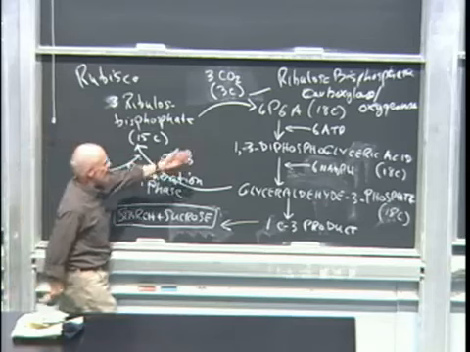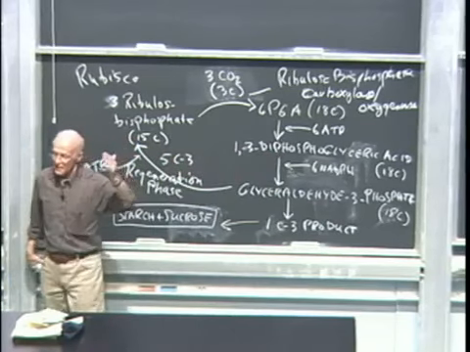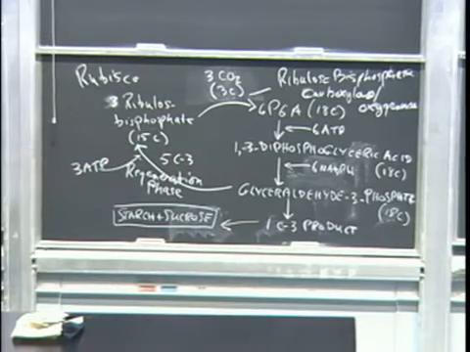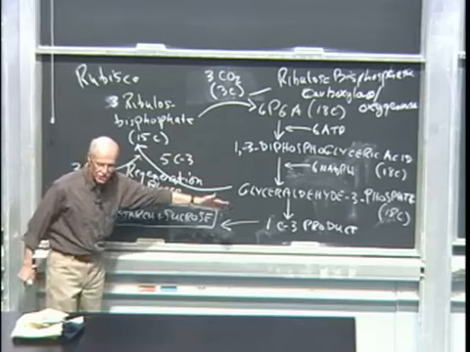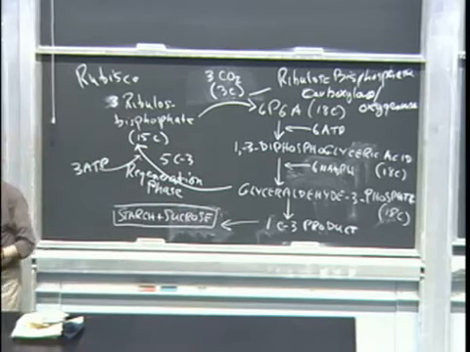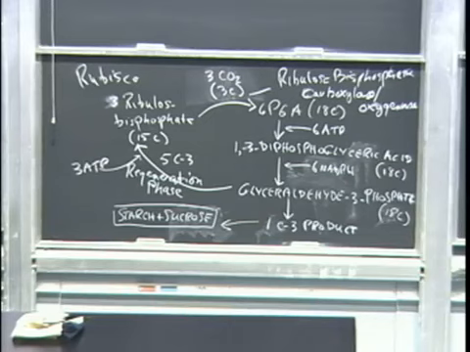What happens after that reaction is there's a series of reactions that in many regards look like the reverse of glycolysis. What we're doing here is we're synthesizing a sugar, so you might expect reactions of the Calvin cycle are going to look like the degradative reactions of glycolysis, only in the reverse